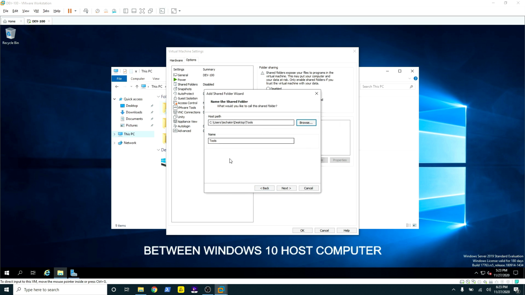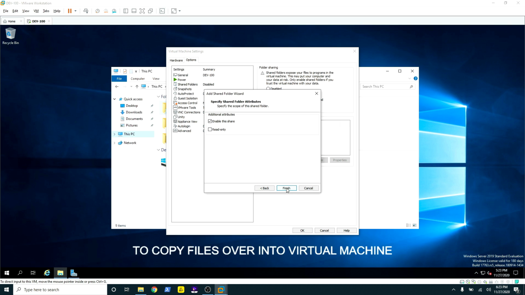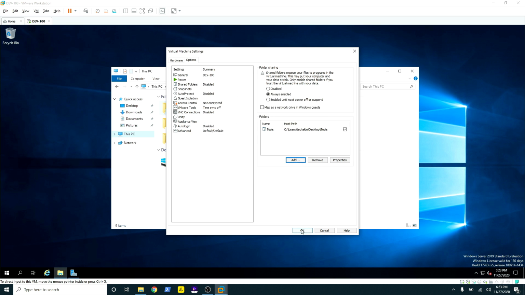So make that folder your shared folder between the host computer and the guest computer, which is our Windows Server 2019. Click on next and click on enable this share. You can play around with this if you want to. If you don't want anybody to delete anything or edit anything inside that folder, you can use read only, but I'm just going to leave it at default. So click on finish and click on OK,